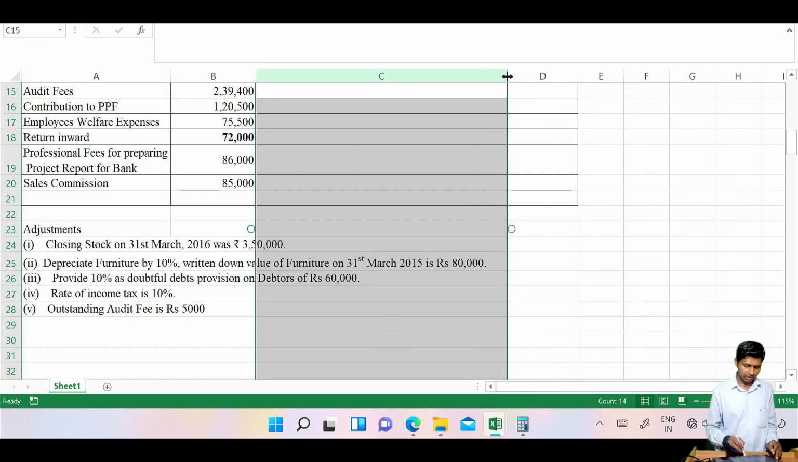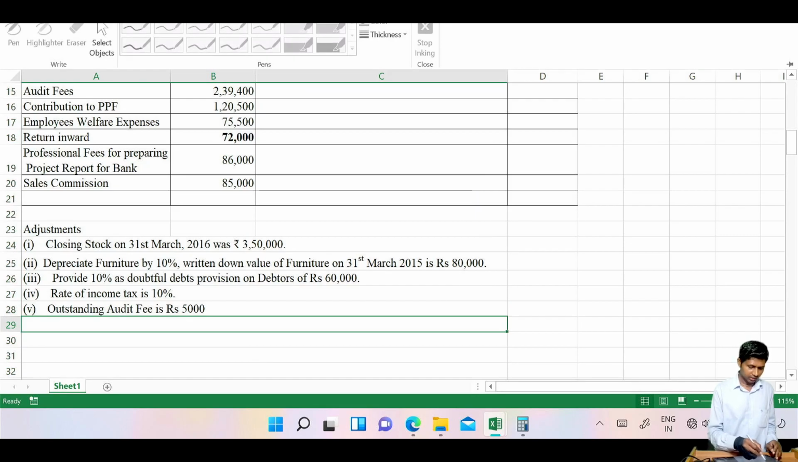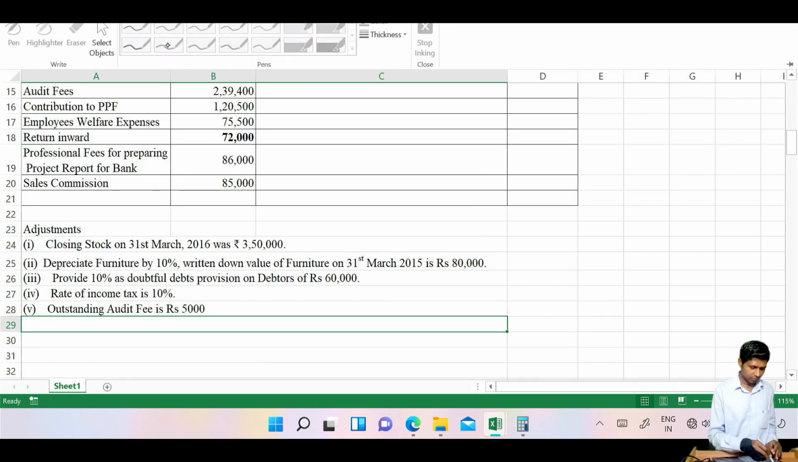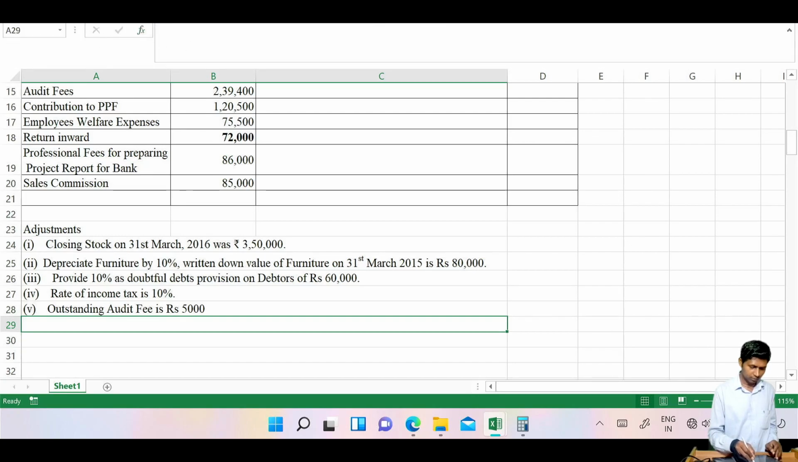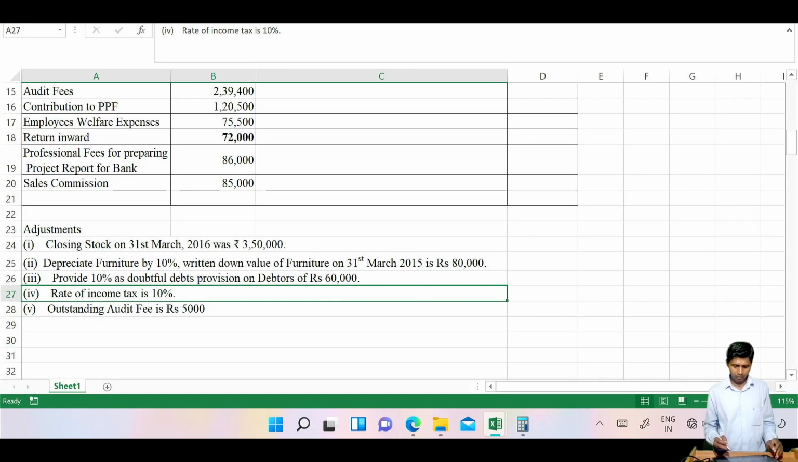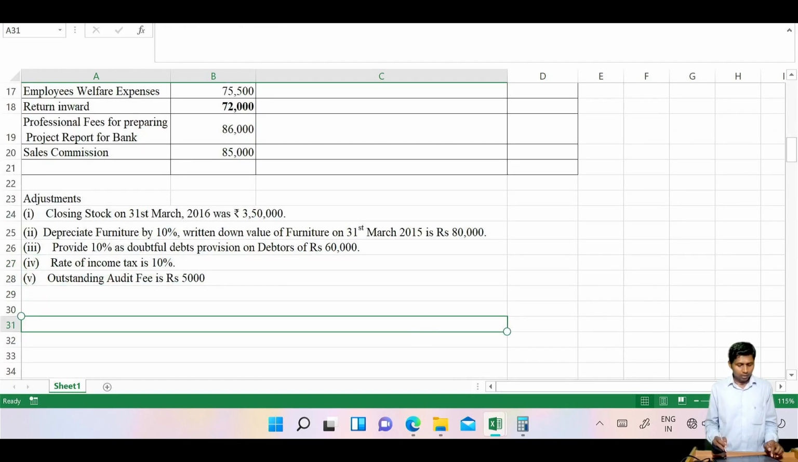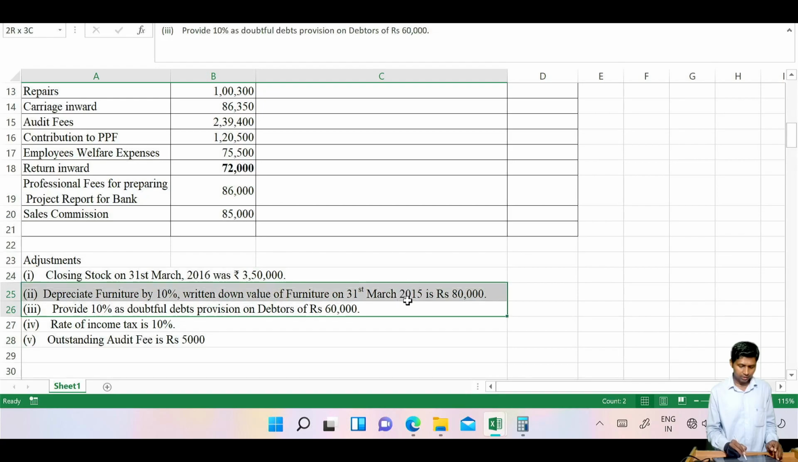They have said here. If they say to us furniture as on 31st March 16 instead of 15, if they say furniture as on 16,